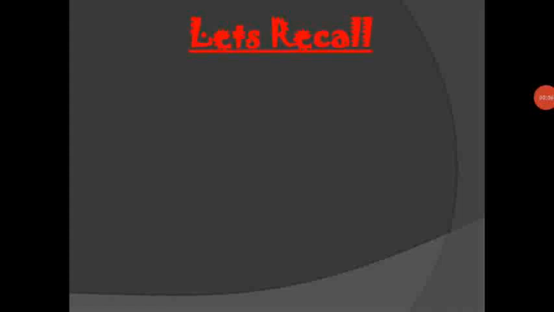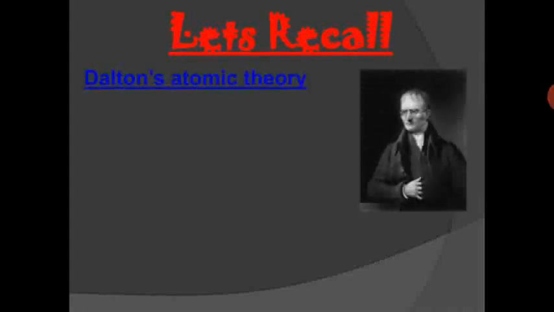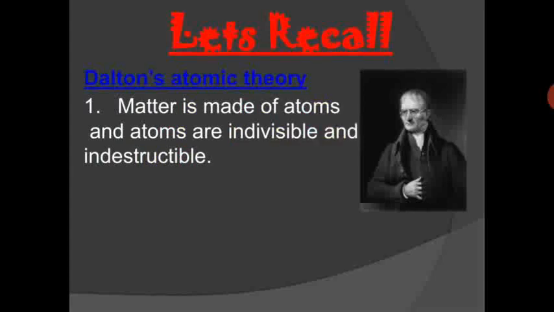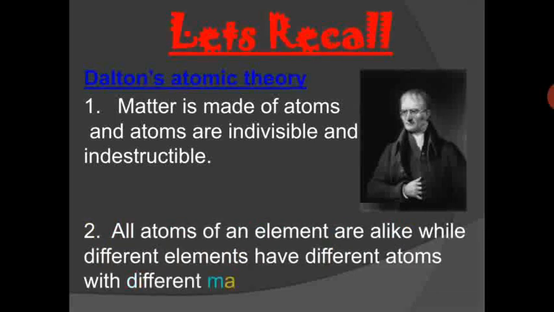Before we start the lesson, let us recall Dalton's atomic theory. According to this theory, matter is made up of atoms and atoms are indivisible and indestructible. Means you cannot divide them further and they are indestructible also. All atoms of an element are alike. Means if you consider one element, that is carbon, then all atoms of carbon are alike, while different elements have